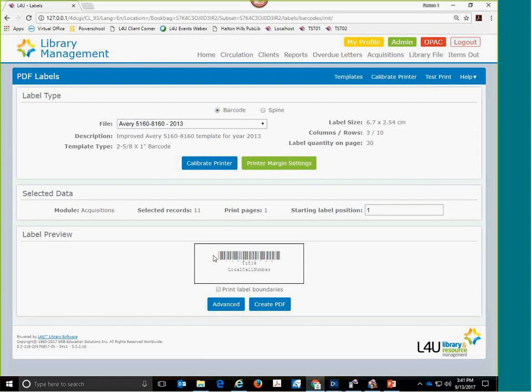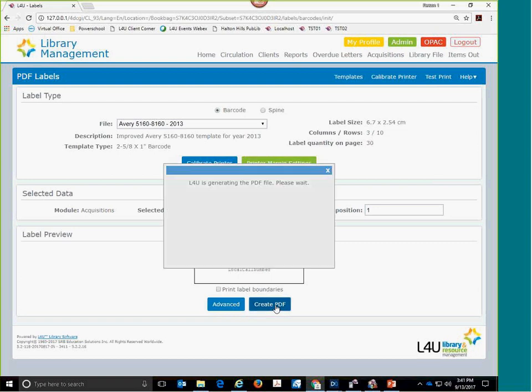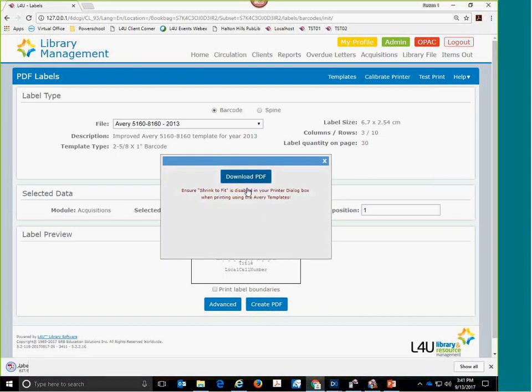And right here, there's a preview of it at this spot. Beyond the scope of our training today, you can modify how this content looks. But for this one I'm going to do right now, I'm going to say, that's great. So, items, I want to print 7 barcodes. All I need to do is select Create PDF. Click Download PDF, and then that actually,